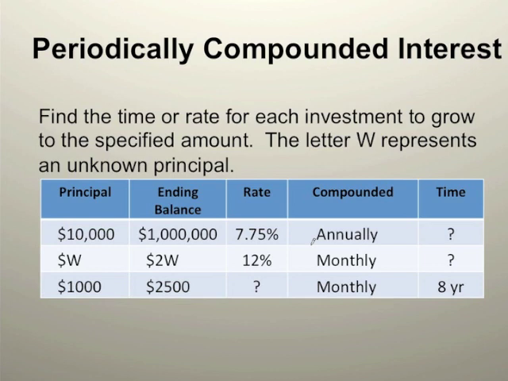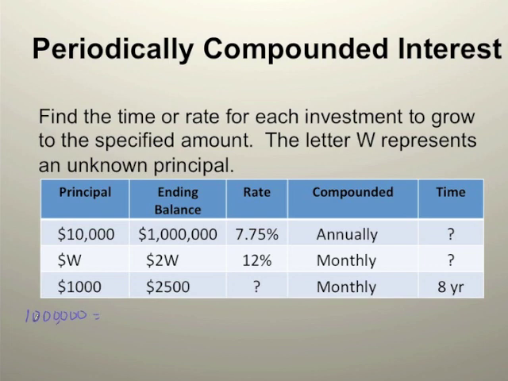Now we're going to find the time or rate of each investment to grow to a specified amount. The W represents an unknown principal. The first one, we have ended up with $1 million. We started with 10,000. So this is compounded annually. So this is the million